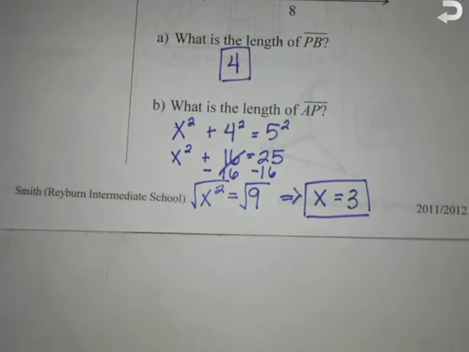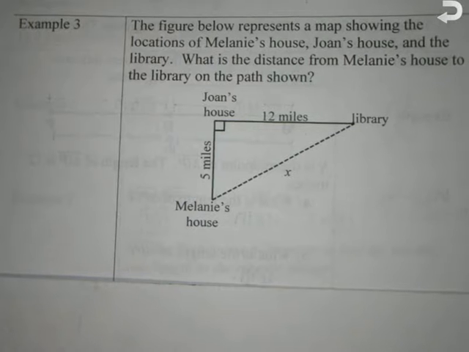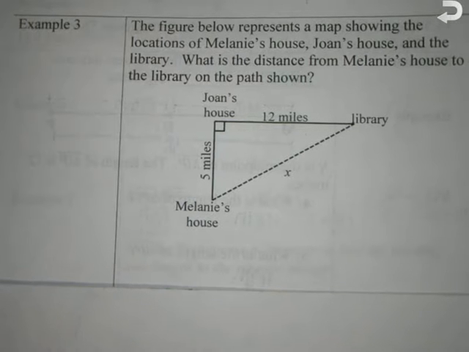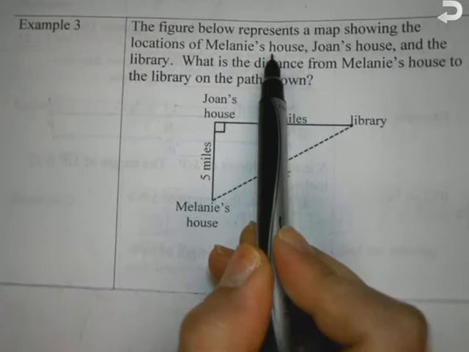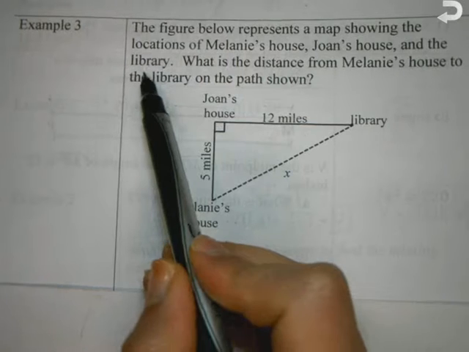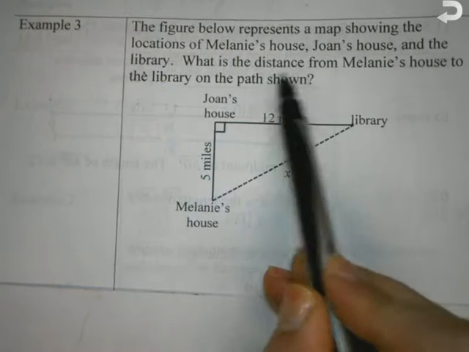Okay, example 3, word problem. The figure below represents a map showing locations of Melanie's house, Joan's house, and the library. What is the distance from Melanie's house, that's right here,